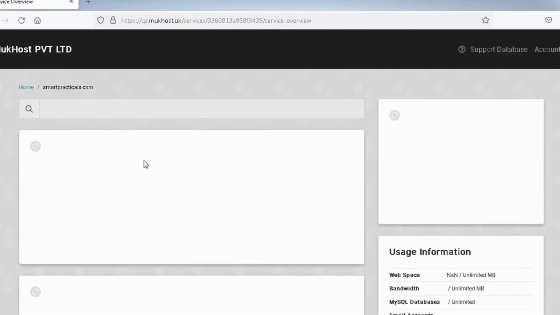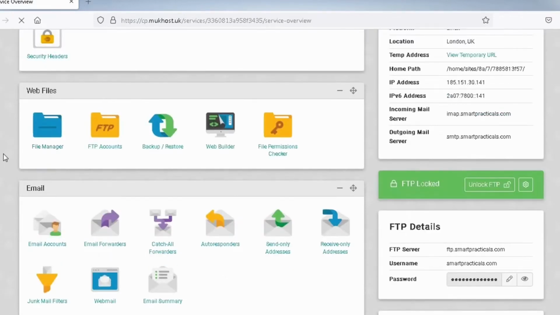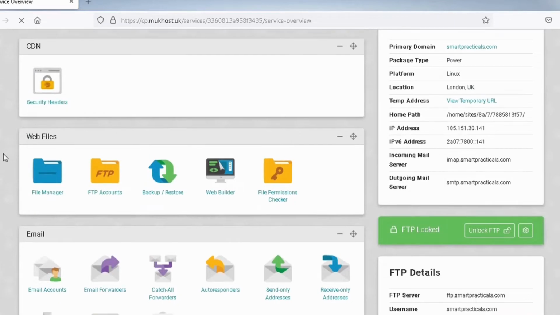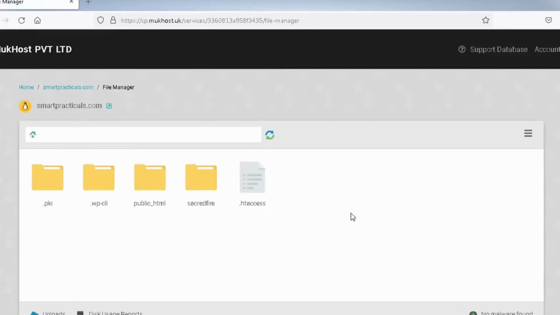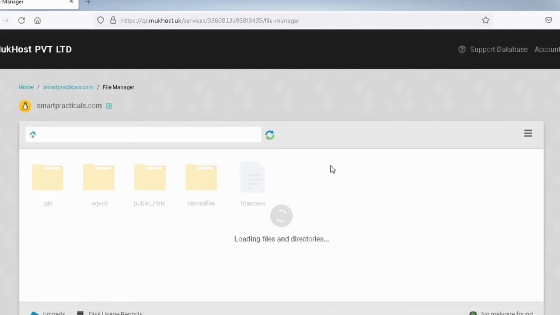Next, you will be scrolling down to the File Manager icon and clicking on it. Here you will create a new folder with your domain name. Go back to Home